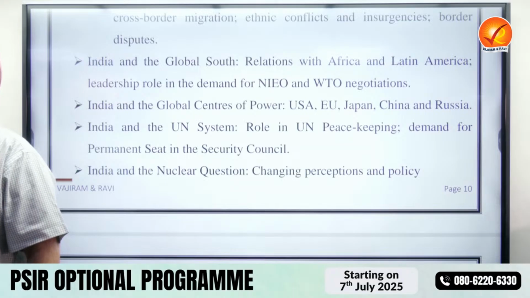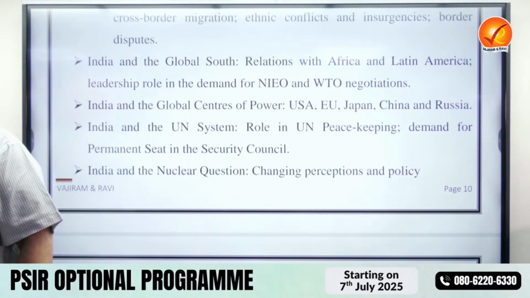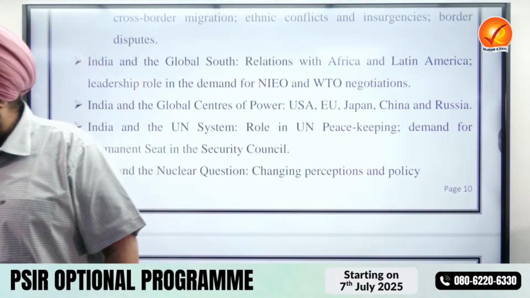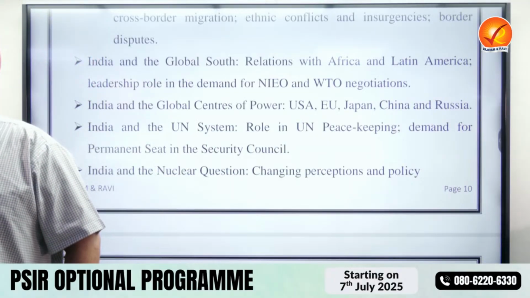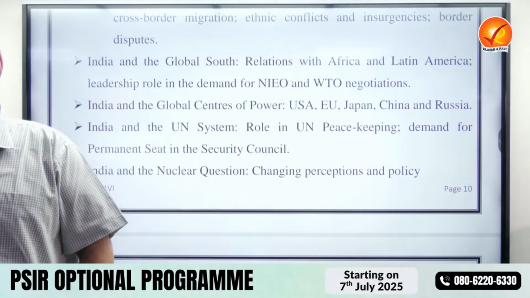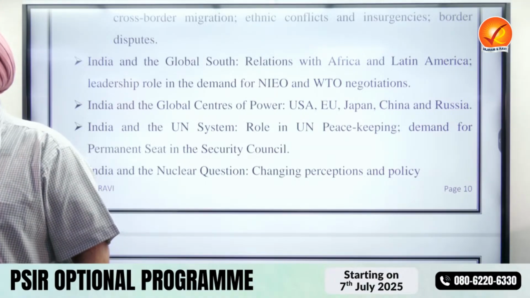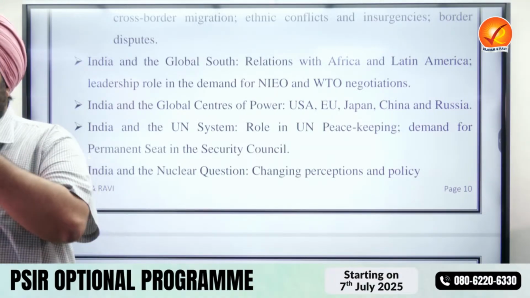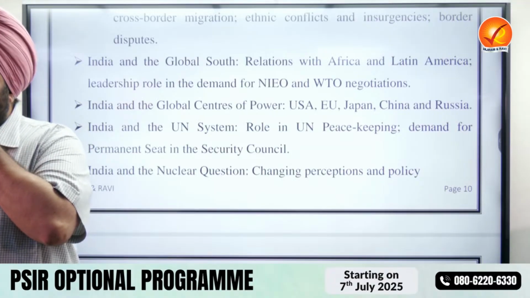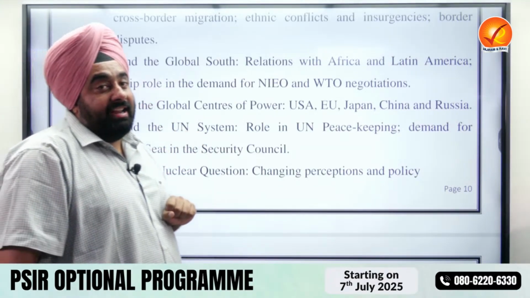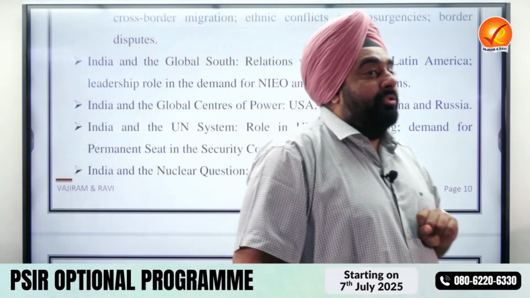What do you mean by redistribution of wealth? The wealth which is concentrated among the global north countries should also come down to Global South countries. Global South countries should get equal access to global resources. They should get equal opportunities for growth and development. That is the aspiration of the Global South countries, a new international economic order, and India supports that idea. So this is also something which we have to discuss.